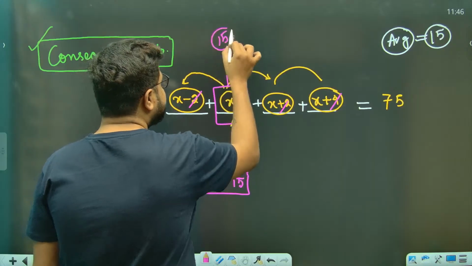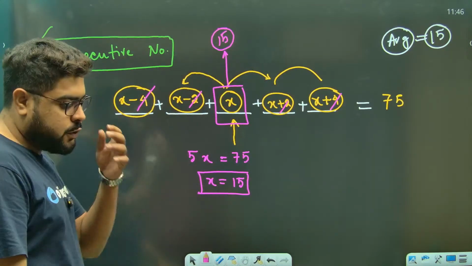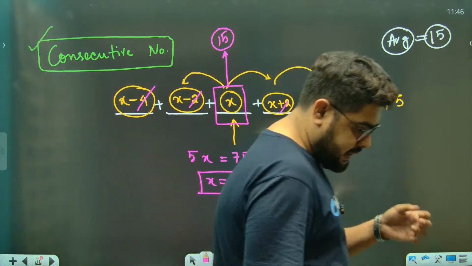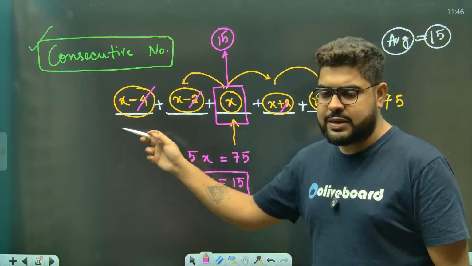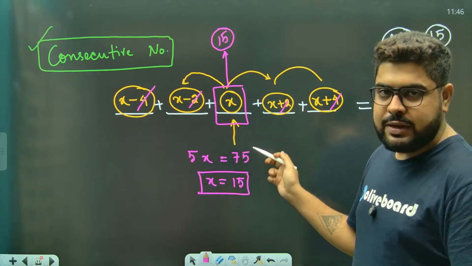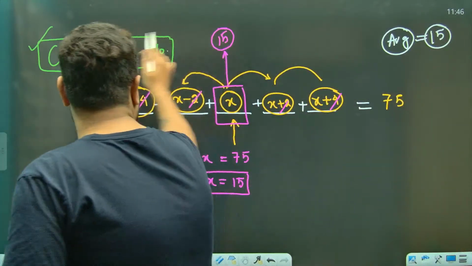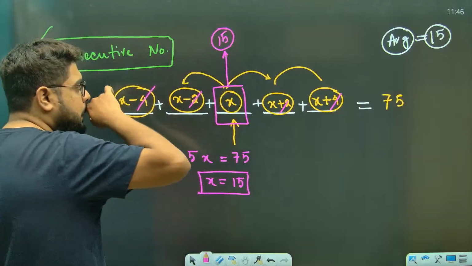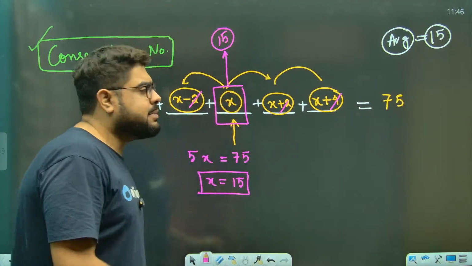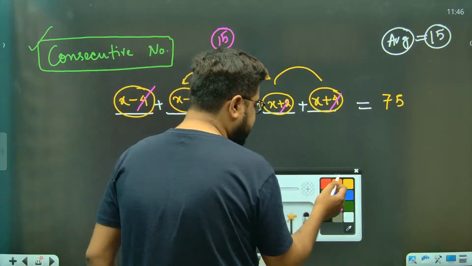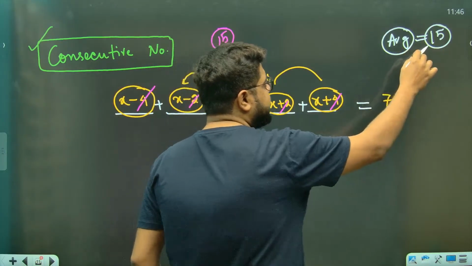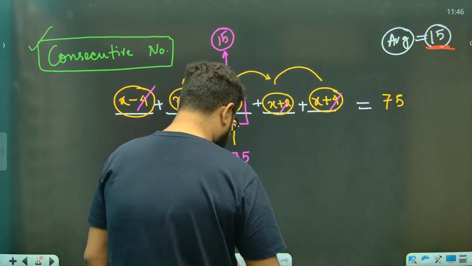Now, please understand why I've shown you what I've shown you. What I'm trying to say here is, if there is an odd number of numbers, 5 numbers for example, you do not need to do all this stuff. Nothing to do. The middle number that you have, directly write or directly think, whatever is your average, they have given you or they have asked you.